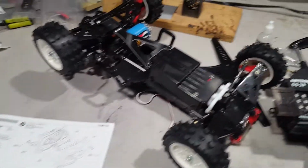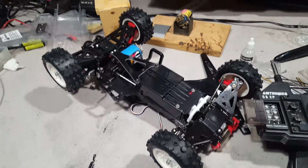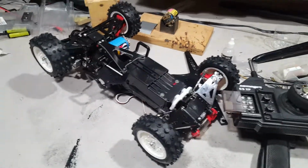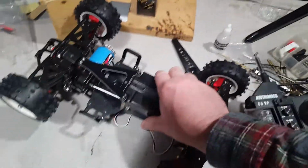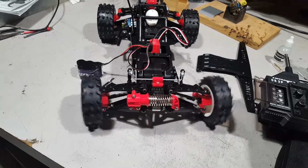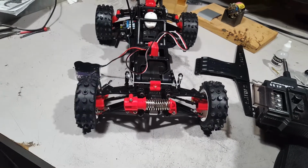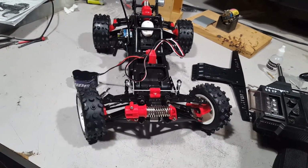So I'm going to go through a couple more things I've done on the HotShot since the other day. I'm just going to turn this over. I hope it's going to stay together without the... Let's see. Give you another look. It's pretty slow, I think. It should be faster with the BEC. I don't know if it's necessary, but